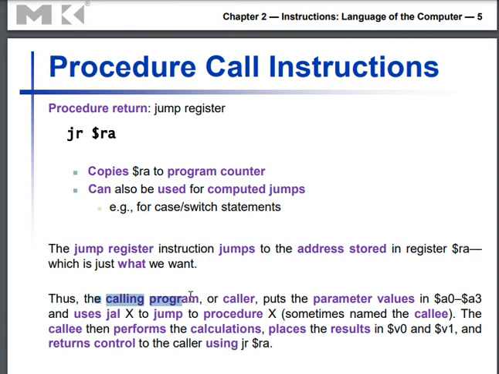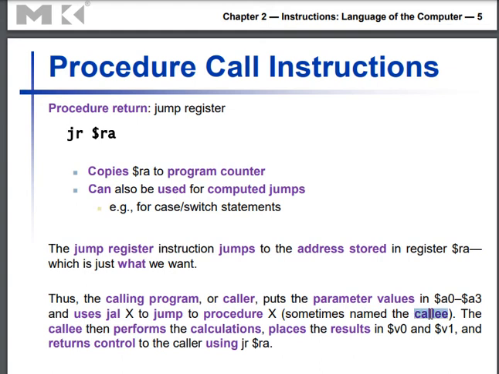Okay, the calling segment, or the calling program, or caller, puts the parameters, like if it wants to pass some values, those values need to be kept in registers A0, A1, A2, A3. And jump followed by a label jumps to a particular procedure. The callee means the procedure.